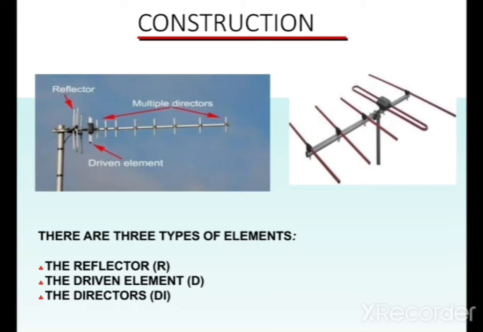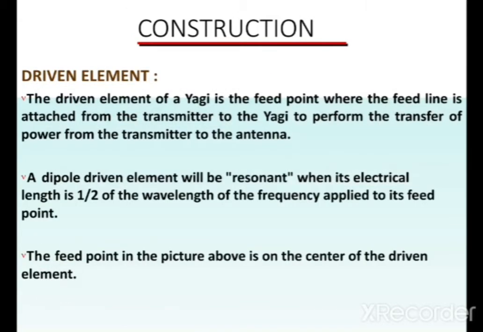Next, the dipole is lambda by 2, the reflector is 0.55 lambda or 0.56 lambda, and the directors are less than that, about 5% shorter than the driven element. That means you say 0.45 lambda for the first director, the second director 0.43 lambda, the third director 0.41 lambda, like that. The directors' length will be reduced like that. So this is about the elements used in the Yagi-Uda antenna.